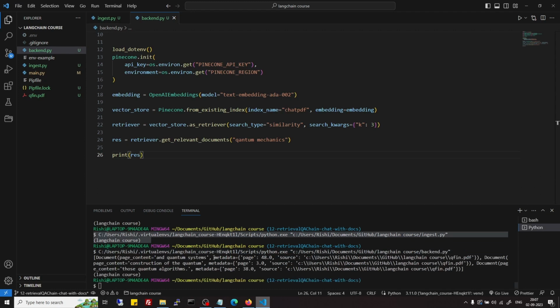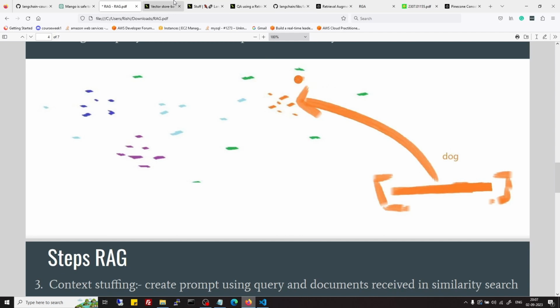Okay, so we got 3 results, this one, and this is page content. It's very small, but I think it's not showing complete page content here. And this is page. Okay, this looks like page number. Here it's not giving matching threshold or